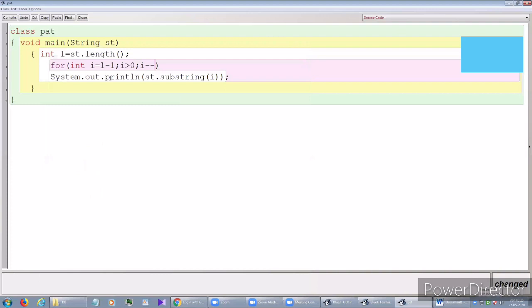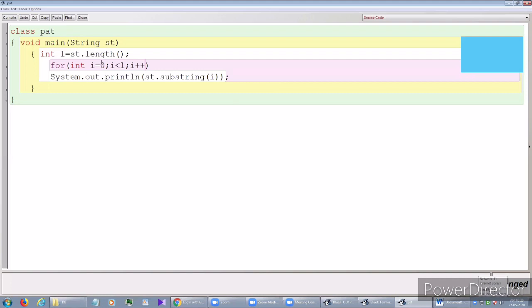Same as the previous one means i equal to 0, i less than l, and i plus plus.